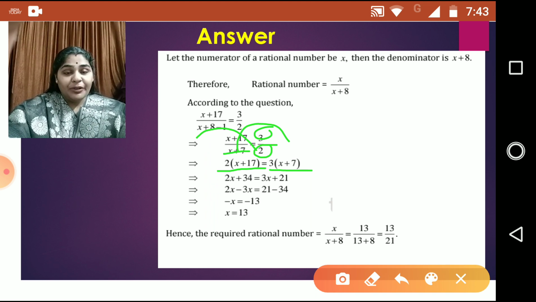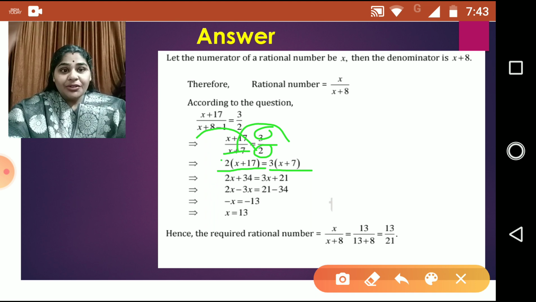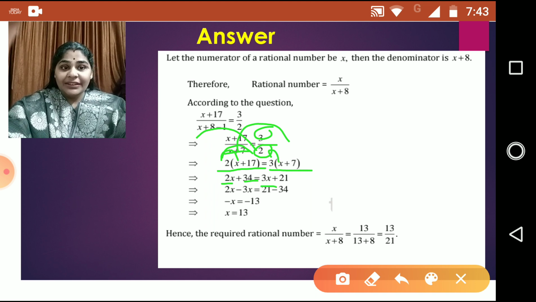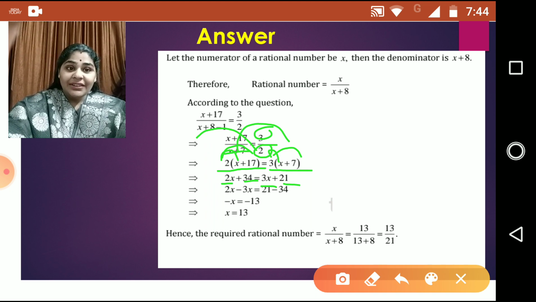Now we are going to simplify the bracket first. 2 multiplied by x will be 2x. 2 multiplied by 17 will be 34. On the right hand side, 3 into x will be 3x. 3 into 7 will be 21. All are positive numbers. Now we are going to transpose the constants to one side and the terms having variable